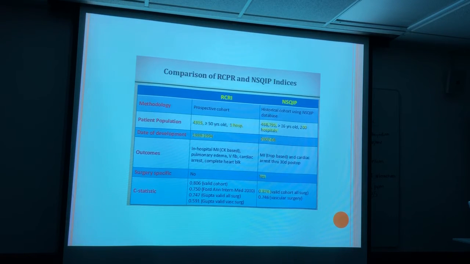So when we compare the two as far as how they were done, we talk about methodology versus patient population. As you can see, the American College of Surgery guidelines included over 400,000 patients, whereas the RCRI guidelines